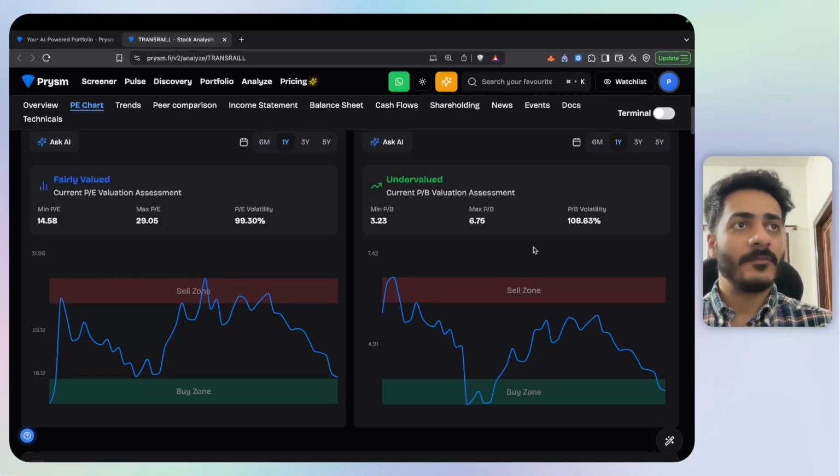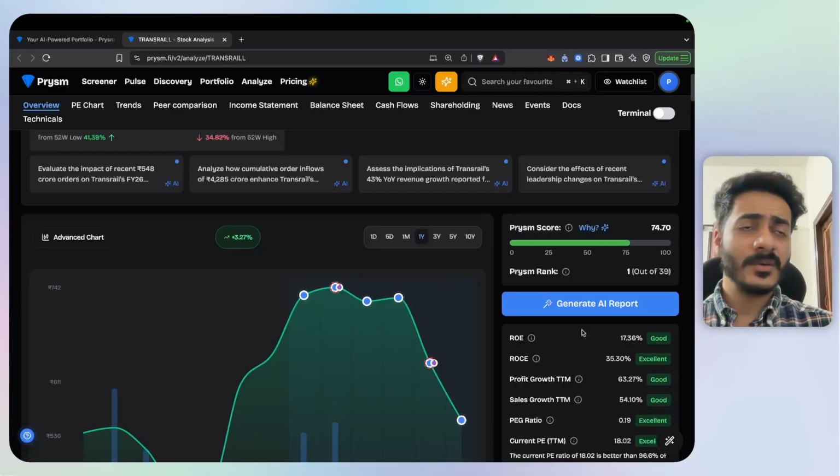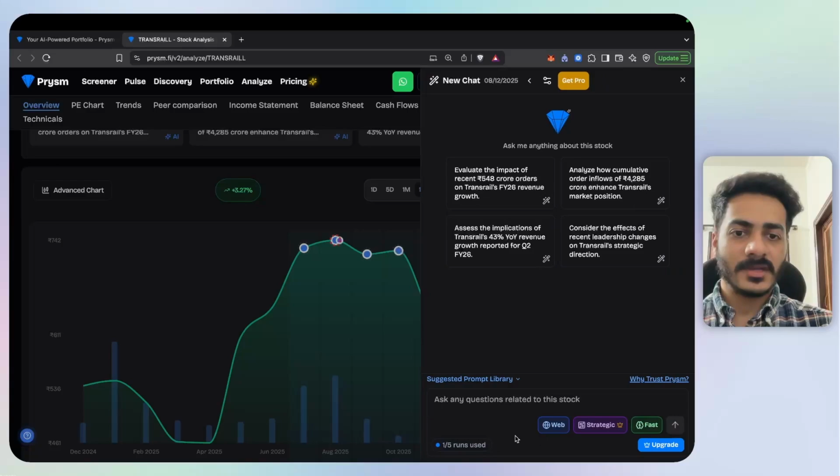So that's why from valuations also it is justified. But now it becomes a very important thing before you decide to make an entry into the stock. First you will have to know why this price has fallen, okay? So what I will do is I will write a query over here, and since it's more a research based query,